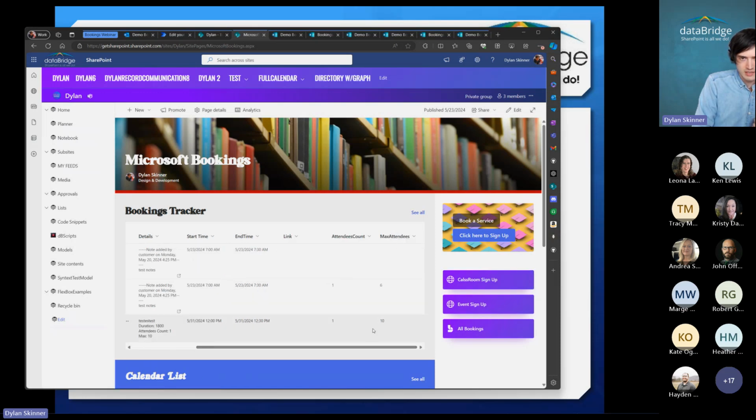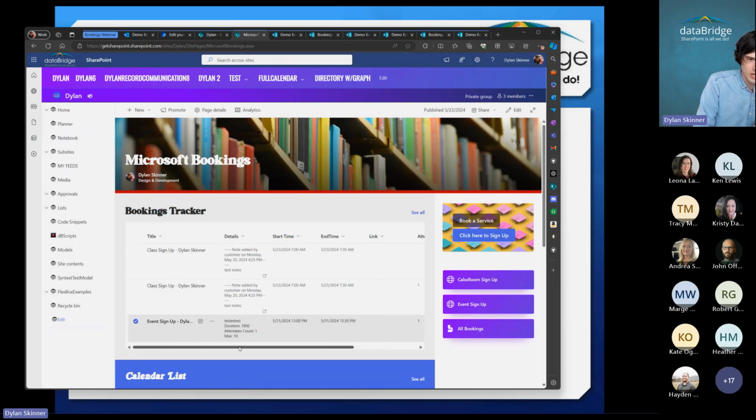of those details. So I can see the max attendees was 10. Right now, the attendees count is 1 because I only signed up one time here. But that's the way I could potentially track this in SharePoint, manipulate this to look how I want, if you wanted to do a graph or whatever it was. We're just getting into SharePoint so that potentially you could see it from here as opposed to just going to the bookings app. So there's a lot you could potentially do with the Power Automate side if you really wanted to,